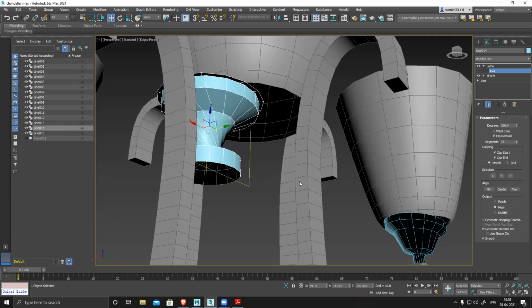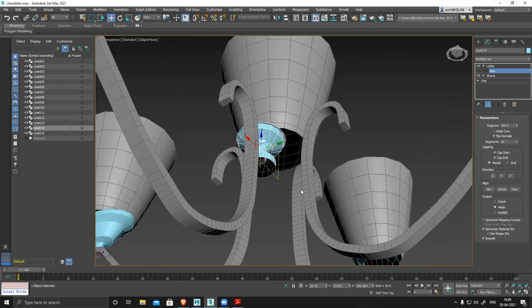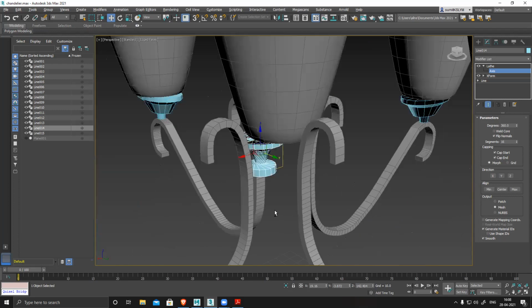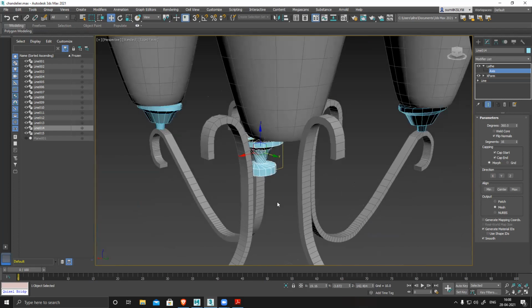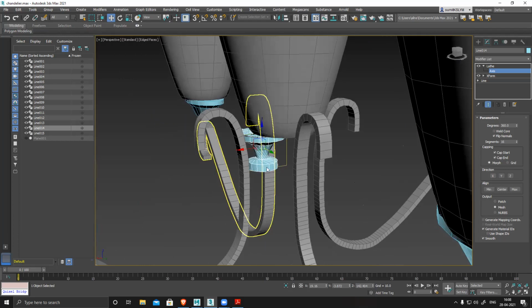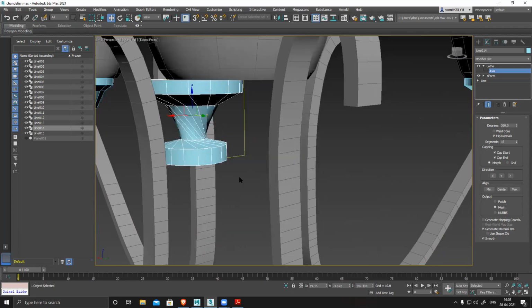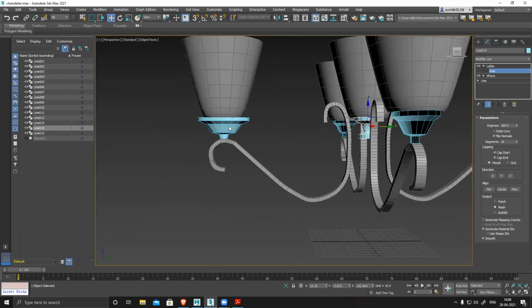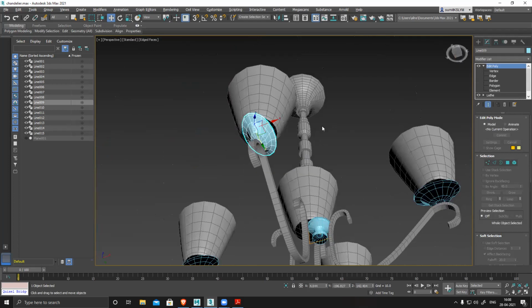Okay, sir. One more doubt. Yes. If I want to add one more edge to this object, how will I add one more edge? Can you please show one demo? Where do you want to apply? Tell me. Okay, the down portion or the middle portion. Okay, suppose let's use this one.